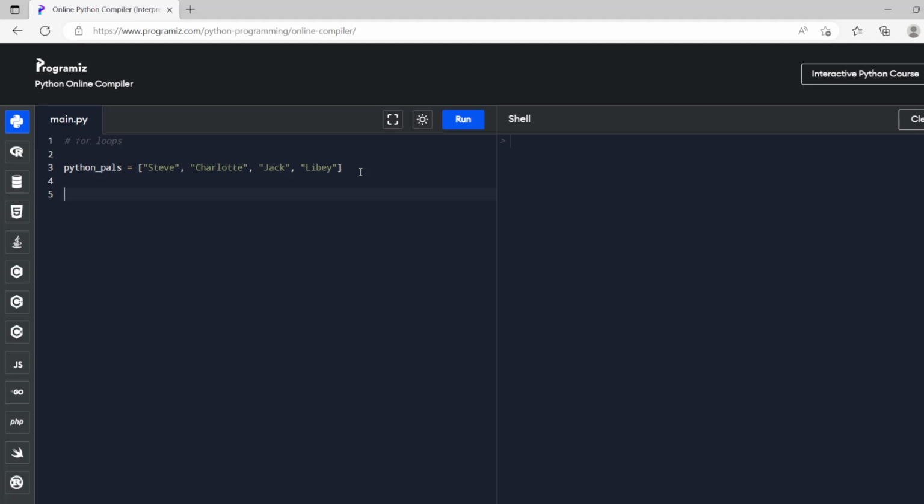So we've got our Python pals, and we're going to say for pal in Python pals. So pal is going to be, each time we go through the loop, it's going to choose a pal. So the first pal is going to be Steve, then it's going to be Charlotte, Jack, then Libby. So we're just going to print,